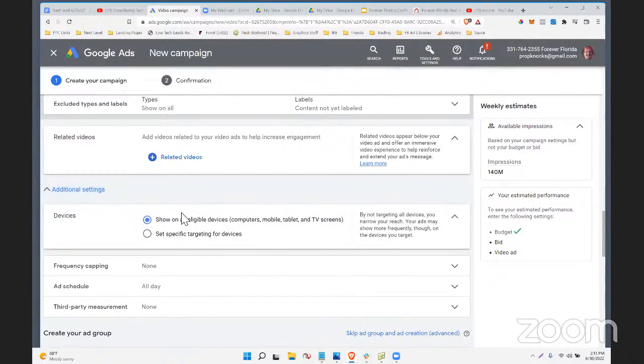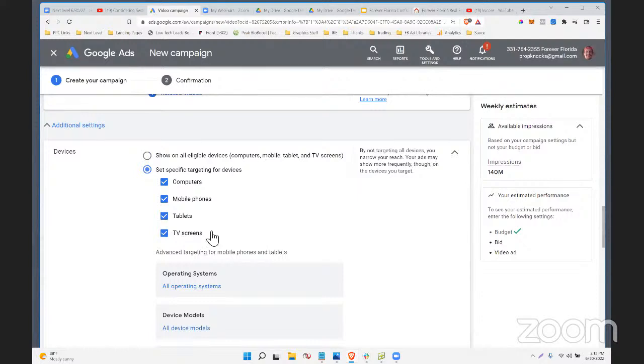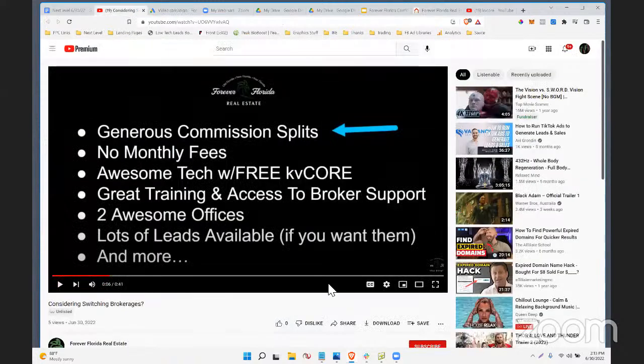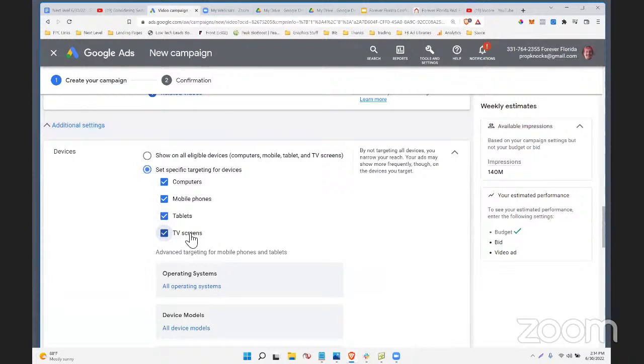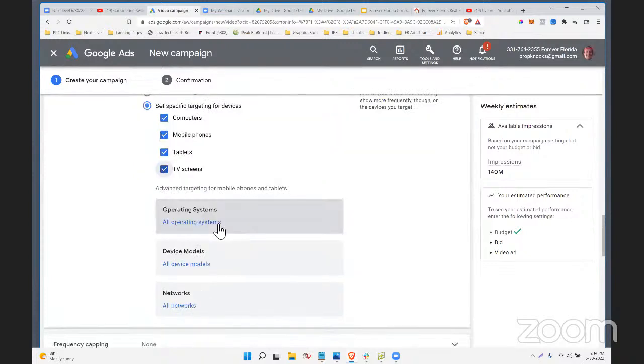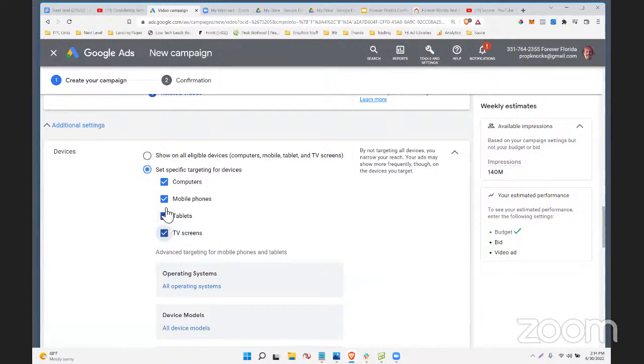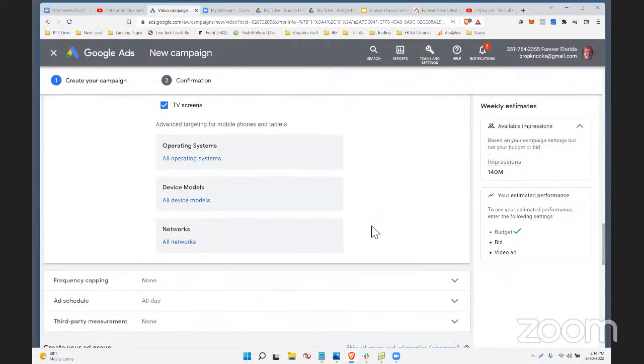You can show on all devices right here. If you want to, I've heard other advertisers say, hey, you don't want to show on TV screens because it's hard to take the action. But I do, because depending on your video, my call to action would actually work really well. It would actually work almost better if somebody was watching on TV, because they can then take out their phone and text it. If they're on a mobile phone, it might be hard to remember that and to text it, right? They'd have to get another phone or write it down or something. So these are all things to think about. You always have to think about the experience. I'm going to leave everything on for now because I just want the traffic, but maybe later I'll say, hey, maybe I'll only show my ad on tablets, TV screens, and computers, and I'll take off the mobile phones, right?